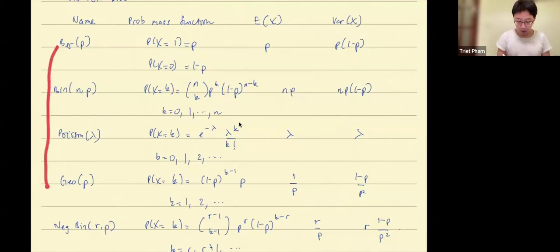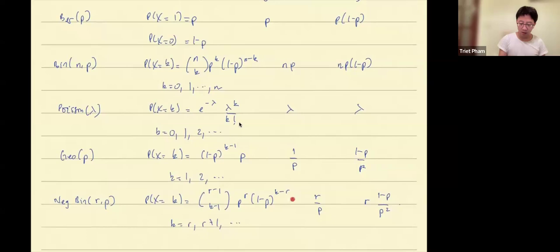So sometimes you can use these as more like a template, that basically you're used to, for example, with the negative binomial. You know how the mass comes up. Basically, this is the number of trials until you see the first R successes. So that means the last trial must be a success. And then the previous K minus one trials,